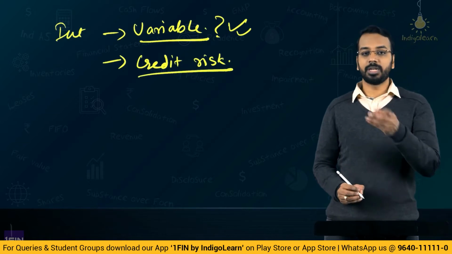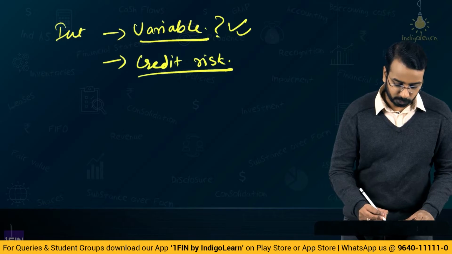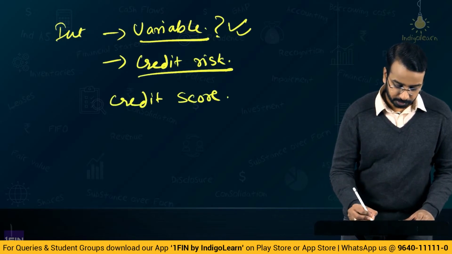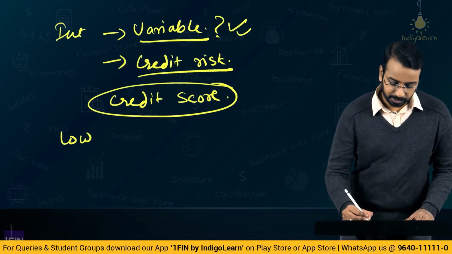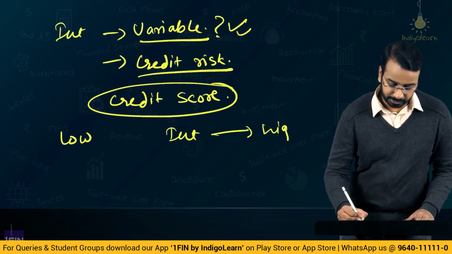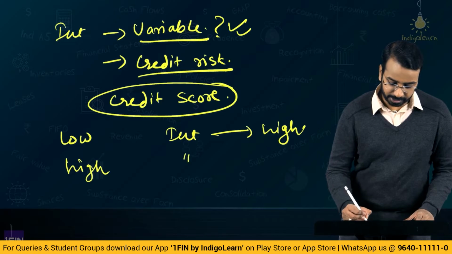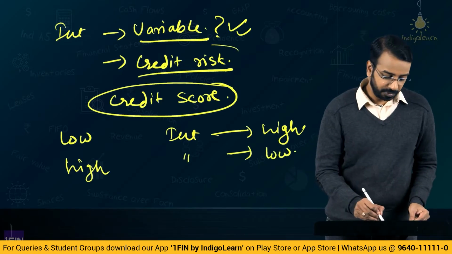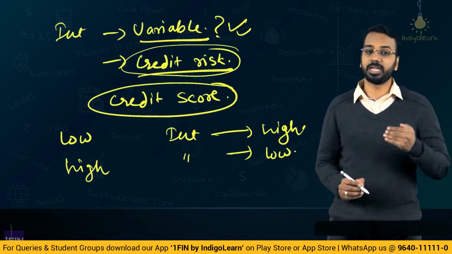So when you borrow money from the market, or if you are taking a home loan or any other personal loan, if your credit score is, let us say, low, then your interest will be high. If your credit score is high, your interest will be low. Okay. So, there can be variability based on credit risk, there can be variability based on a floating interest rate,